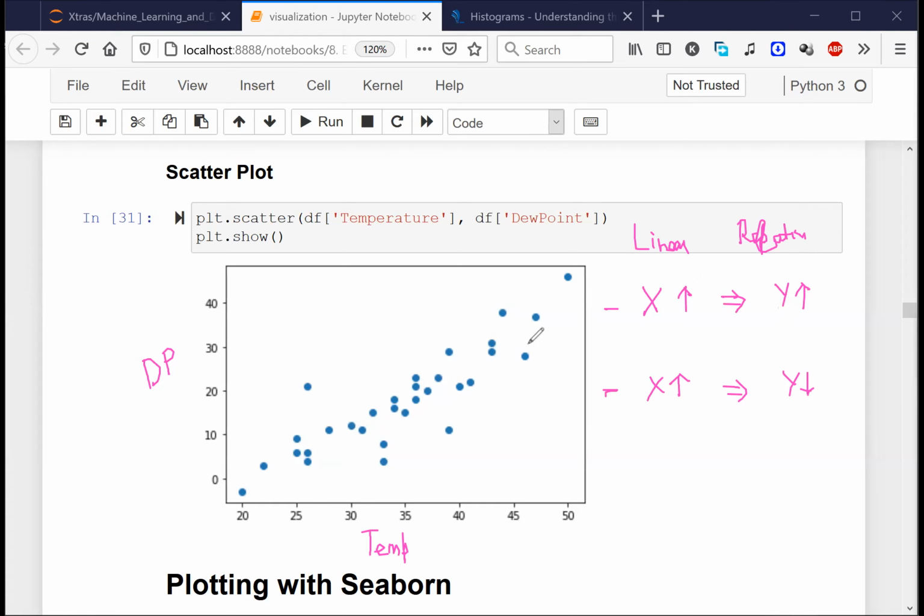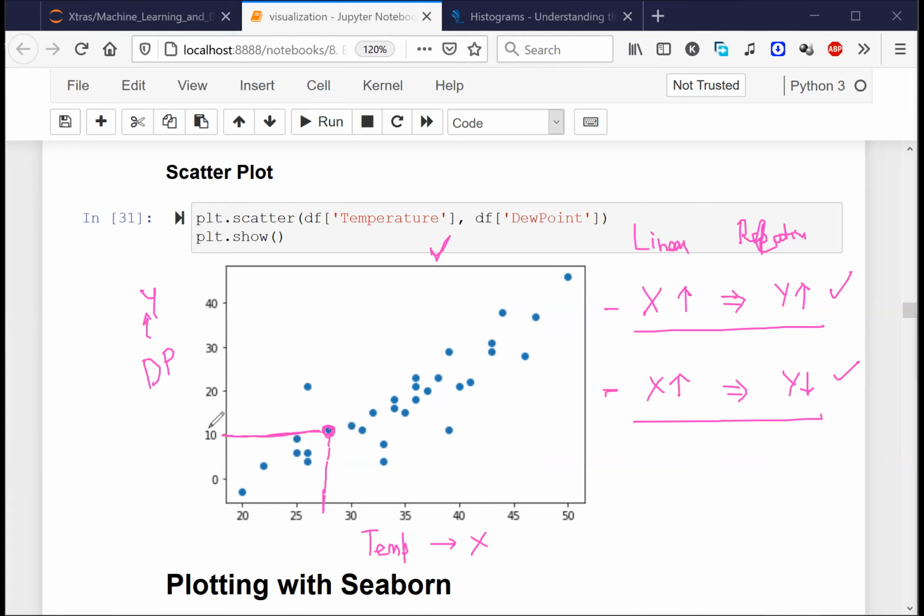Now let's try to understand it using this scatter plot, and see whether this is the relationship here or this is the relationship here. Let's say x in this case is temperature and y is dew point. Let's take any data point. This is the temperature value for this data point and this is the dew point value for this data point.